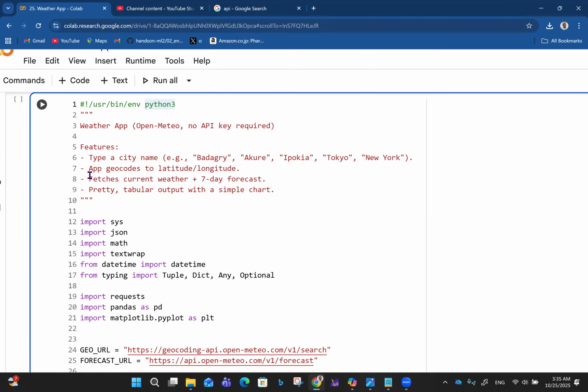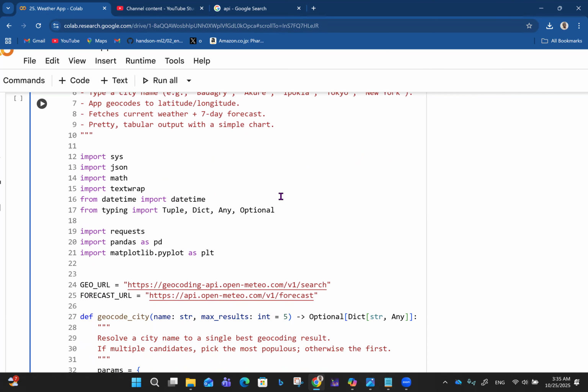Another thing is the app geocodes to latitude and longitude. So the app automatically situates these places in latitude and longitude and fetches current weather plus a 7-day forecast for these places. And then pretty tabular outputs with a simple chart will be given. So here we have